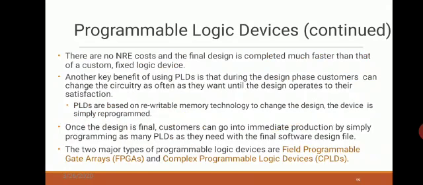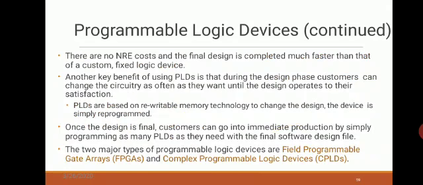Another key benefit of these PLDs is that during the design phase, the customers can change the circuit as often as they want until the design operates to their satisfaction. Since these logic devices are programmable, we can change the circuit as often as we want, until it gives you the required result.